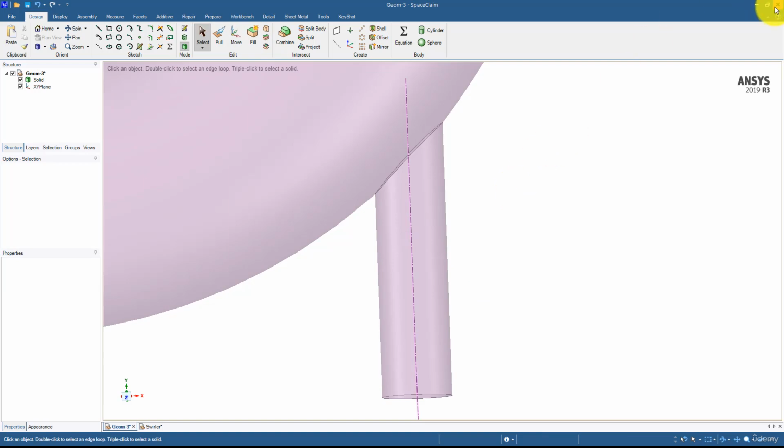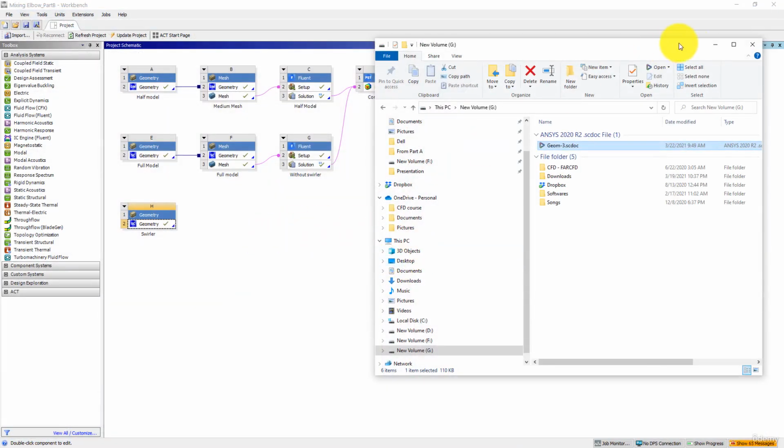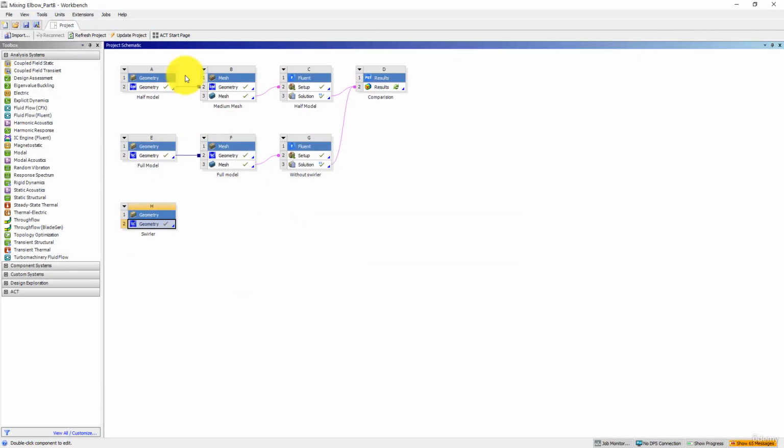Okay, and now I'm going to close this geometry over here. I will not save any file here at the same time. Okay,